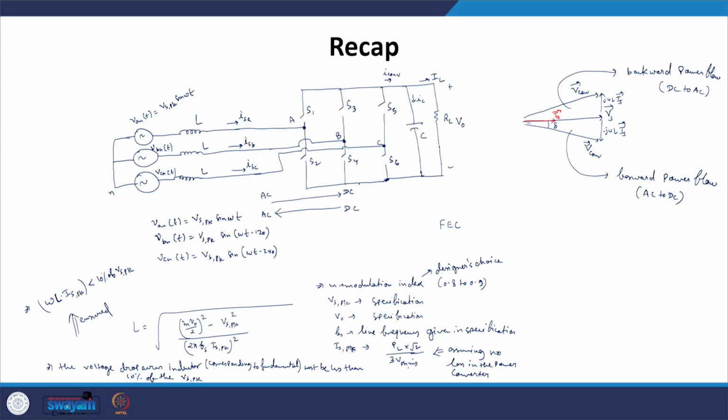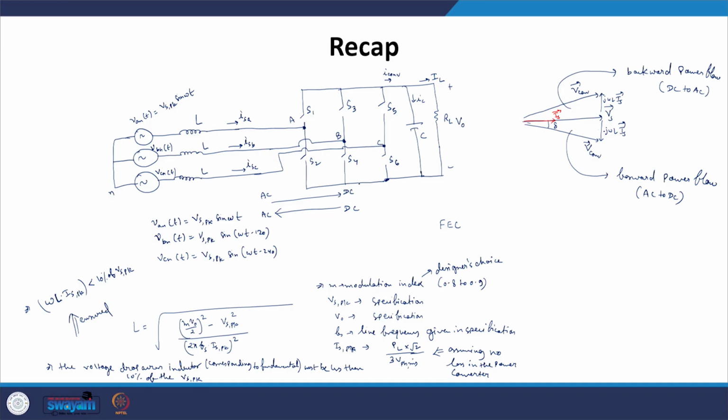Everyone, welcome to lecture number 26 of the NPTEL lecture series on charging infrastructure. In this lecture we will see closed loop control of the 3-phase AC to DC converter. Now in the past 2-3 lectures we have seen how this particular 3-phase AC to DC converter works,